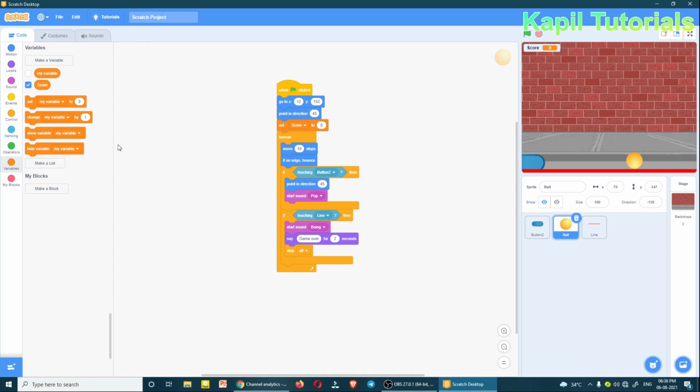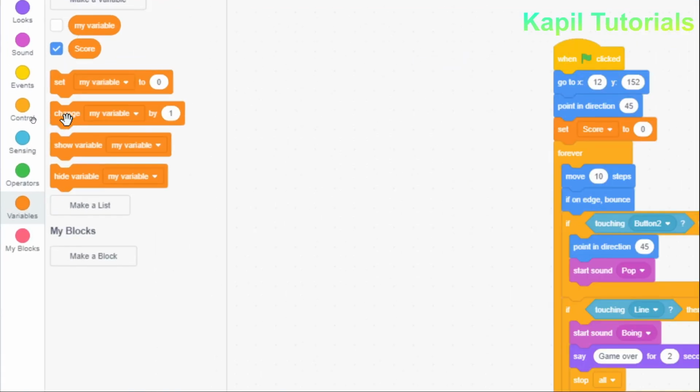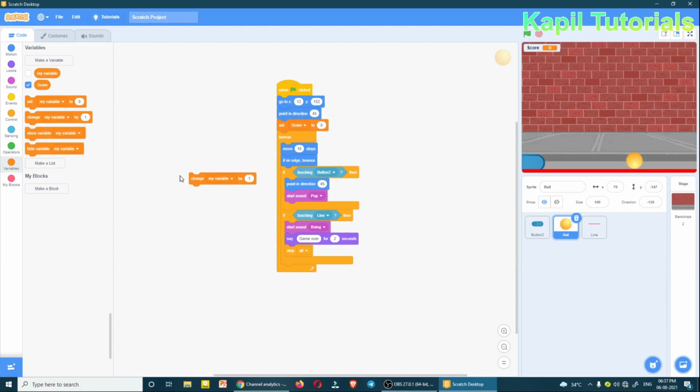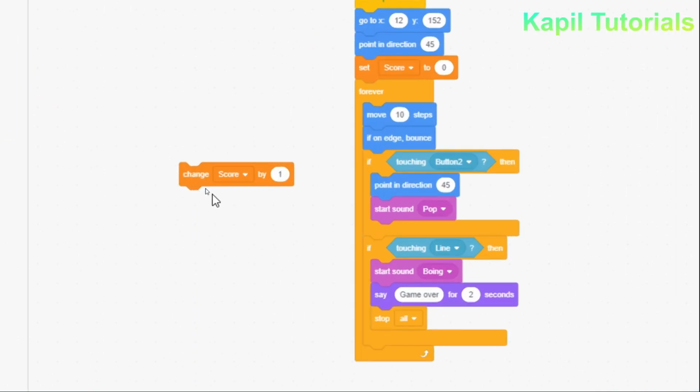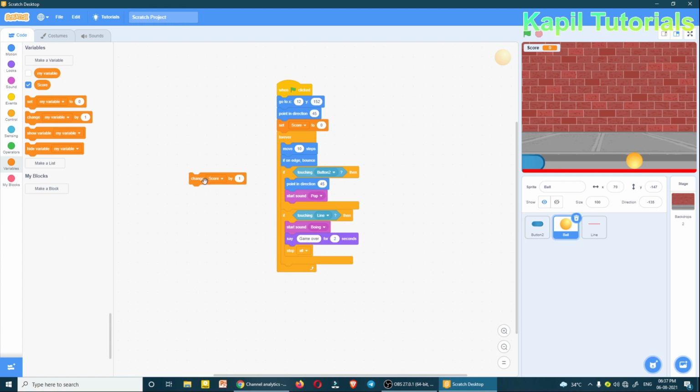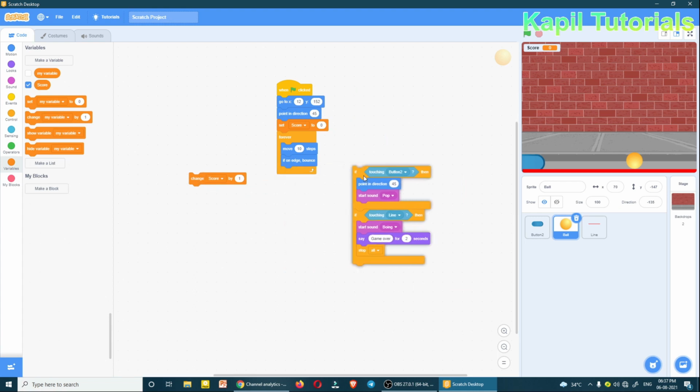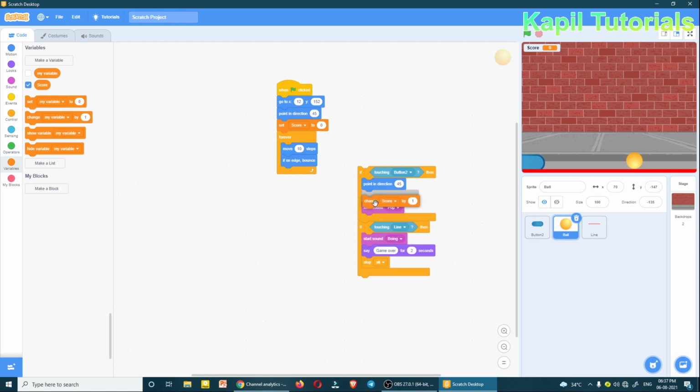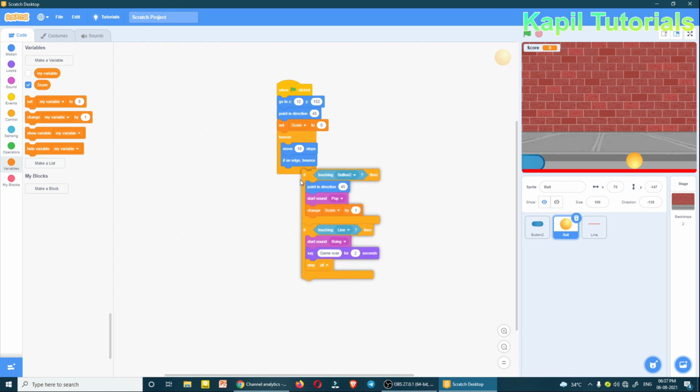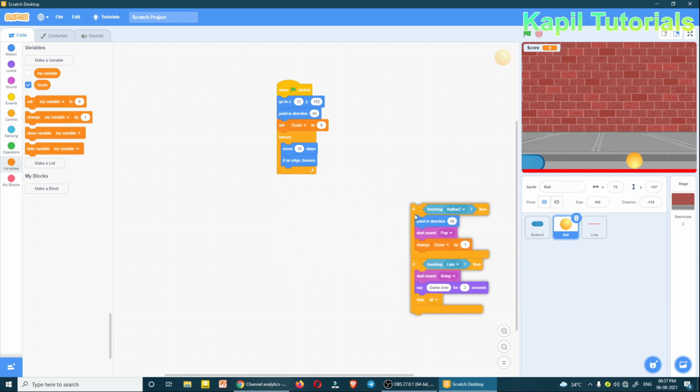So I can take under variables block, I'll just drag it down, change score by 1. I hope this is okay. Then in this if, I'll put it here. Now I'll drag it and I'll place it here, both the ifs.